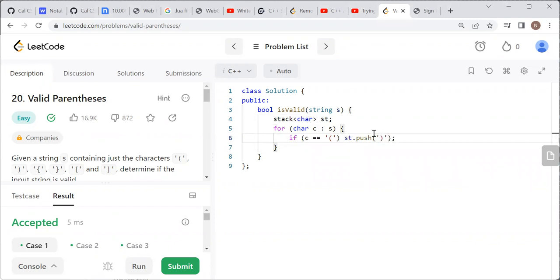In this way, if we ever encounter a closing parenthesis, we simply have to make sure that the top of the stack is equivalent to the closing parenthesis that we found. So we can copy and paste this condition twice for the other two kinds of parentheses. However, only one of these is going to be true, so we can use else if, and then simply swap out the type of parenthesis,